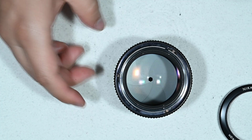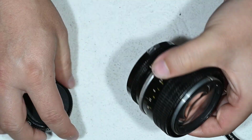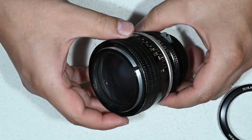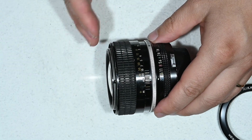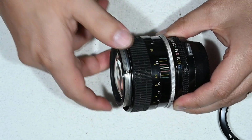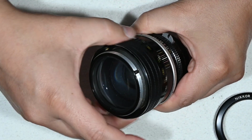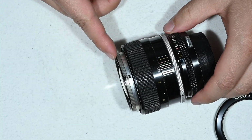Okay, so first time I was struggling, second time I got it without issue, and here you go, we have gotten in. And also to make your life easy, go to infinity position, because this is the lowest setting for this body here. So, and this also will make your life easy for inserting the optical block. Then just to finish, you will need to go to the minimum focusing setting to get this thing all the way out,